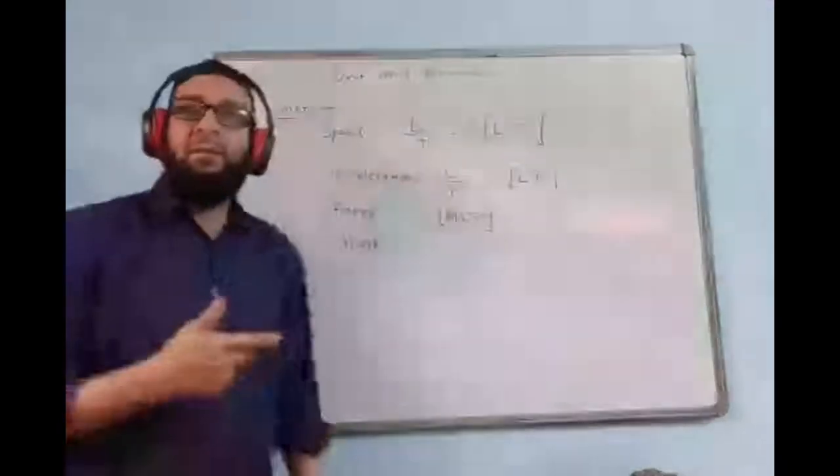Dimension of work. Please work it out and give me the dimension of work. Yeah, very good. You are right. Work dimension will be force into distance. We know force is mass into acceleration, into the distance L. So ultimately your answer is M, L and L multiplied become L square T minus 2.